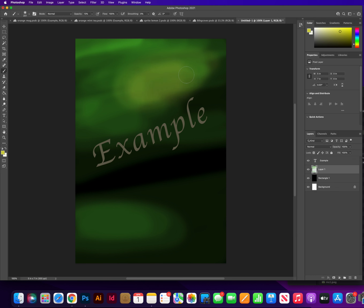And again, I'm just letting go and clicking again and again to make it look brighter and brighter. Okay. And then same thing down here. So a little bit of a really bright yellow spot down there for the Sprite container to kind of hover over. Okay. So once you got your background in a way that you like it, we're going to move on to